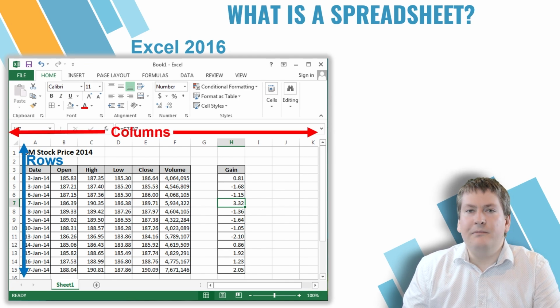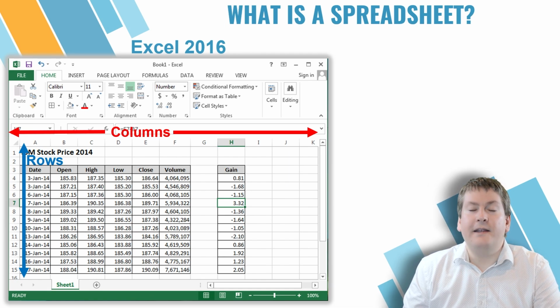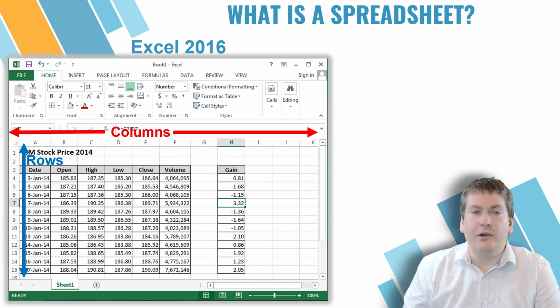When we talk about columns, we refer to them by the letter shown on the top here. For example, we might say column A, column B, column C, and so on. When we get past column Z, it will add a second letter, so it would be things like column AA, column AB, column AC, and so on, all the way up to column XFD, where it ends. Rows are referred to by number, so we might have row 1, row 2, row 3, row 4, and they go all the way up to